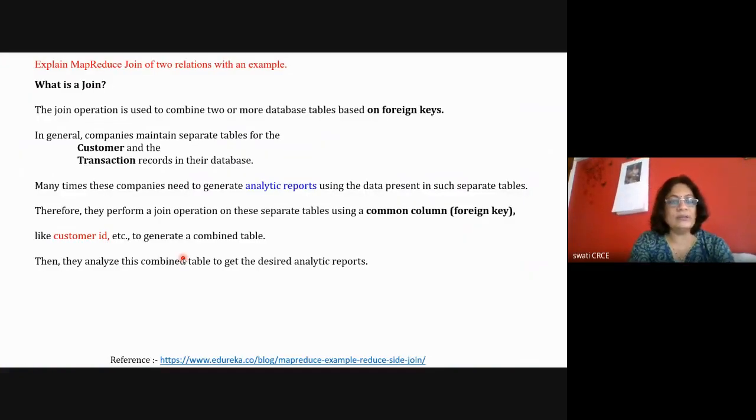Now the next topic is about joining and intersection. But as the time is getting over, we'll see that in the next lecture. So I need only one more lecture of MapReduce, that is on Thursday, and then on Friday we will start with the new chapter, that is NoSQL databases.